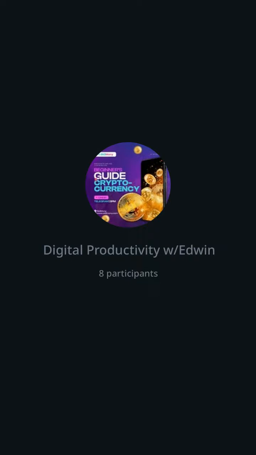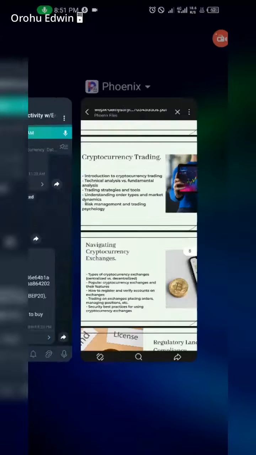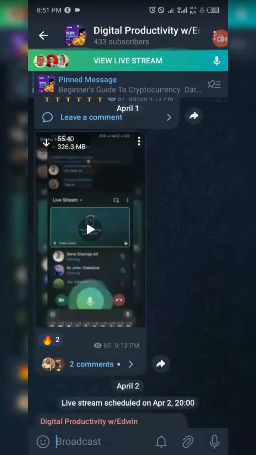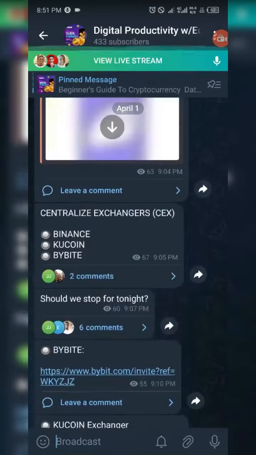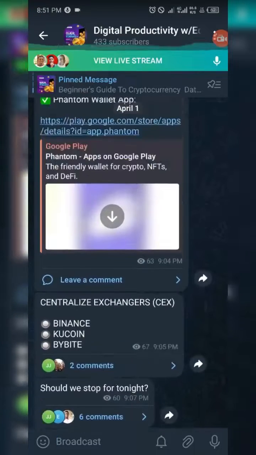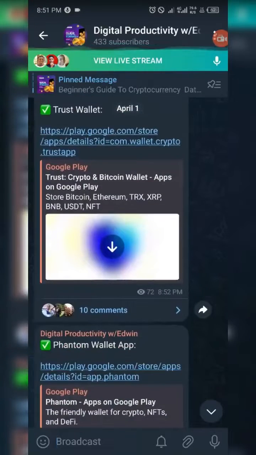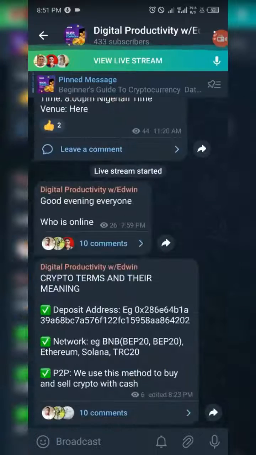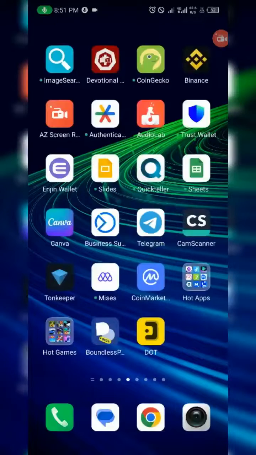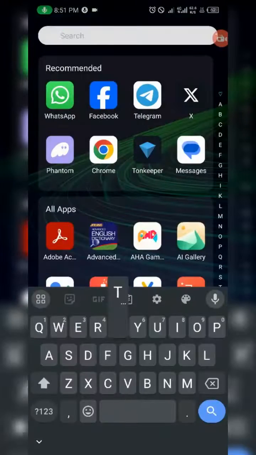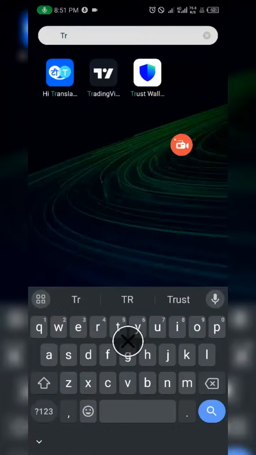So how do we navigate around decentralized? I already asked us to download, what's it called, Trust Wallet and Phantom Wallet. So we are going to be explaining how to use Trust Wallet. Then we'll go to how to use Phantom Wallet. So this is how Trust Wallet looks like. This Trust Wallet. So once you